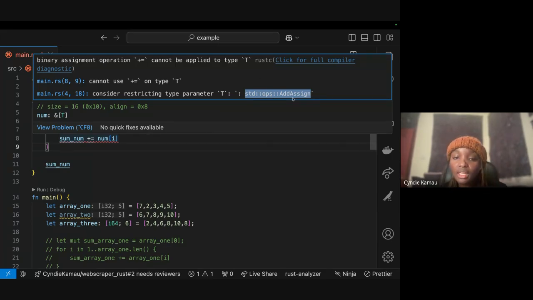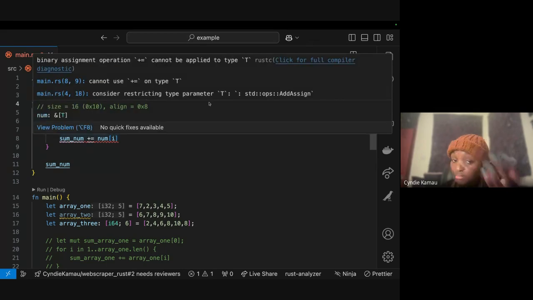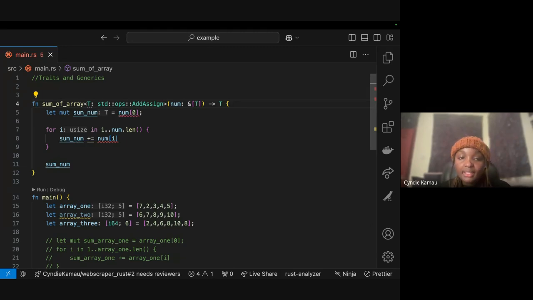So it's saying you need to put a requirement that in as much as we've made all these things to be generic, only specific types which can be added are qualified to use this function. So that's why it's bringing an error. So what we're going to do is we can handle this in two ways, right? So let's use the example we're given here, right? So we need to write like a requirement. Okay, sorry. We need to like write a requirement here. So it's still generic, but it needs to like have a specific requirement.